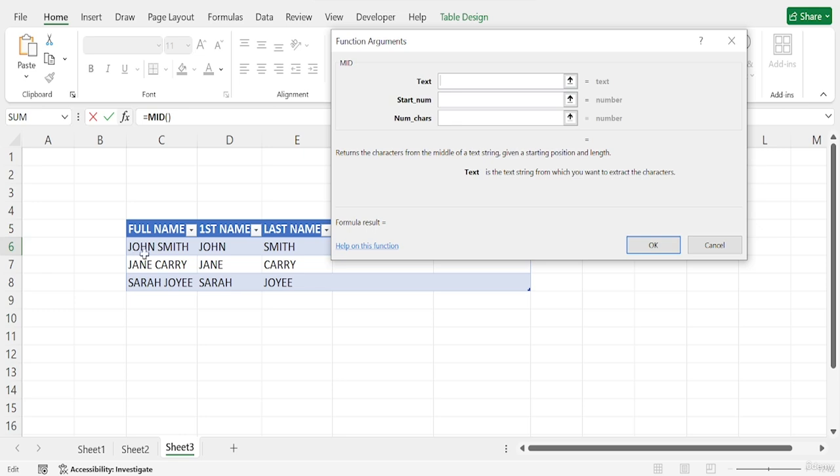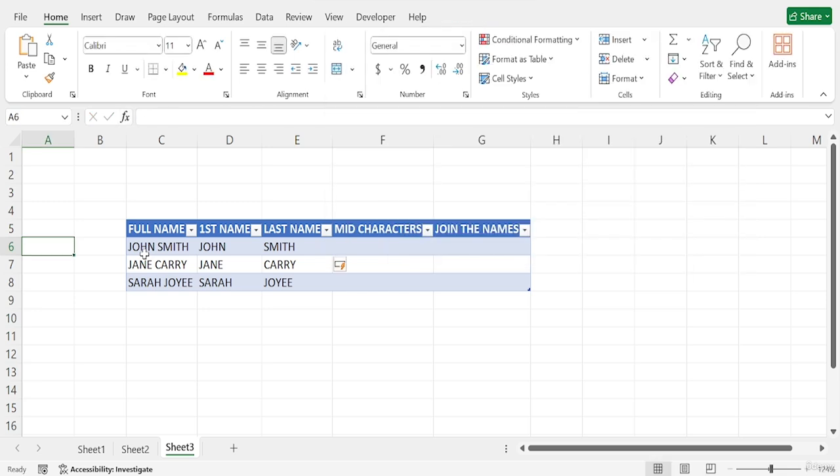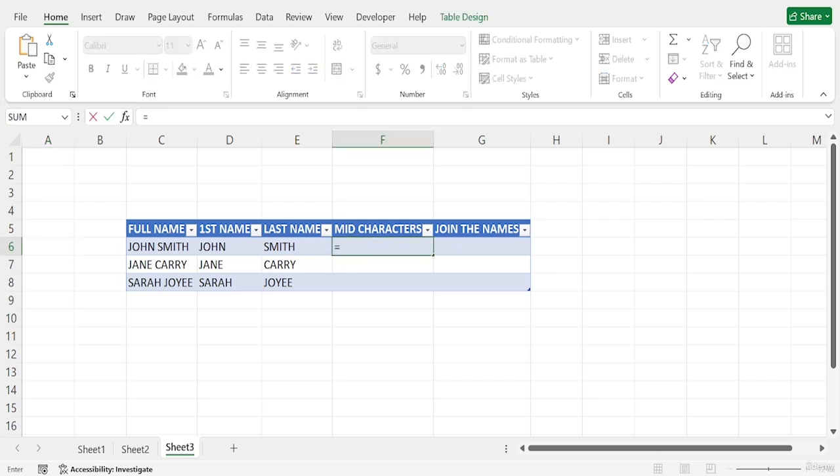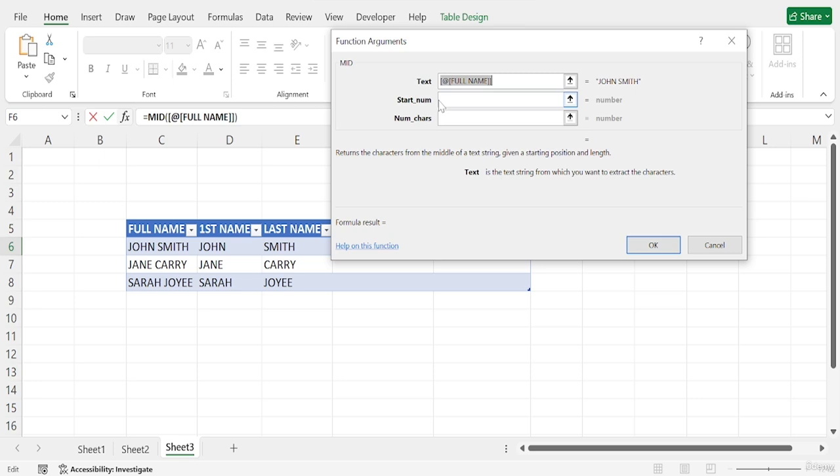Let's assume I want characters from the second to the fifth position. I will select the text, and as you can see, it asks for the start number.